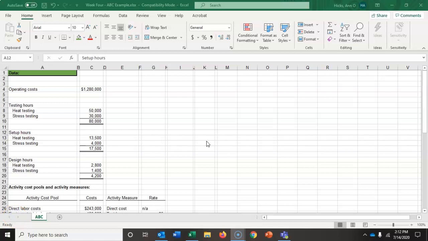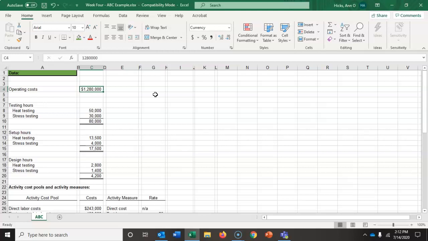So in this video, I want to walk us through an example of activity-based costing. For this example, we're going to assume a company that is a test laboratory. They test materials for quality using two different approaches, a heat testing approach and a stress testing approach. Now, for the current budget, they have